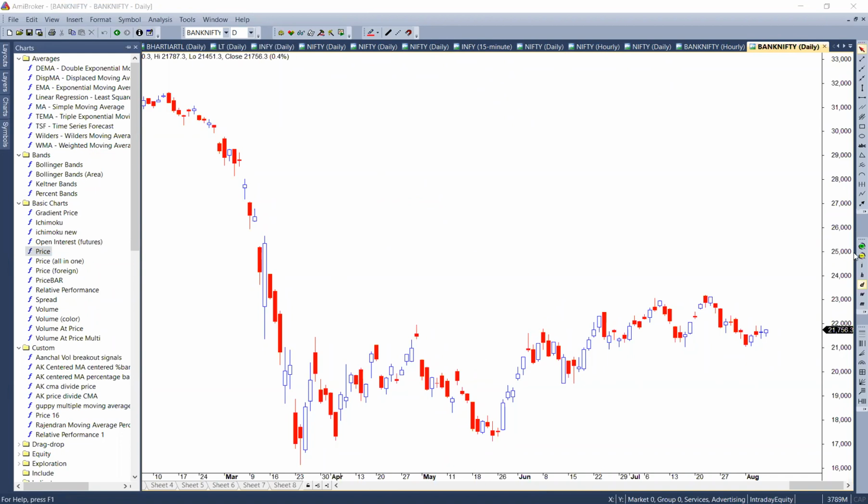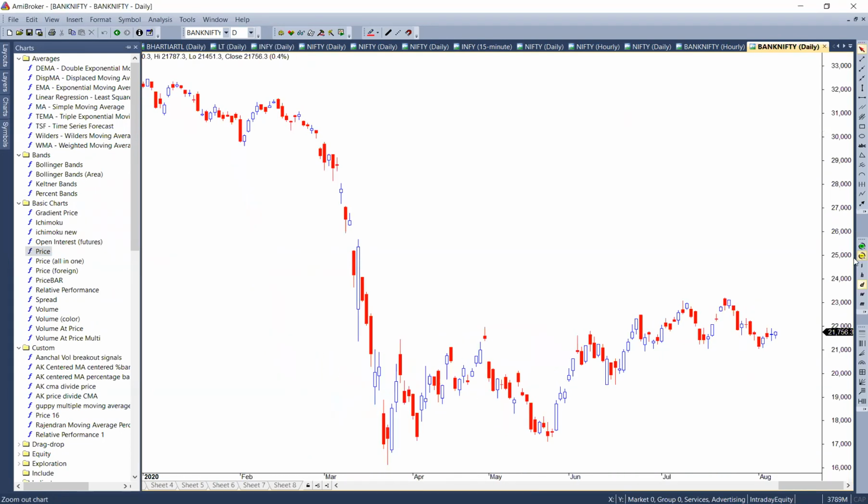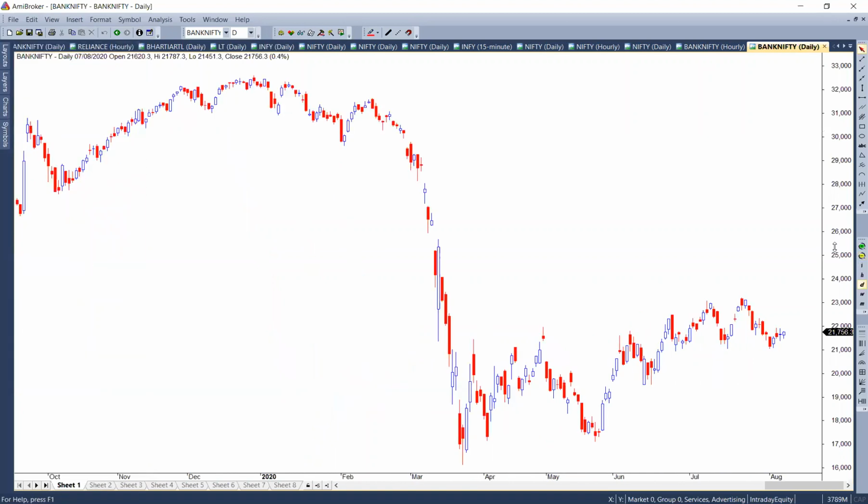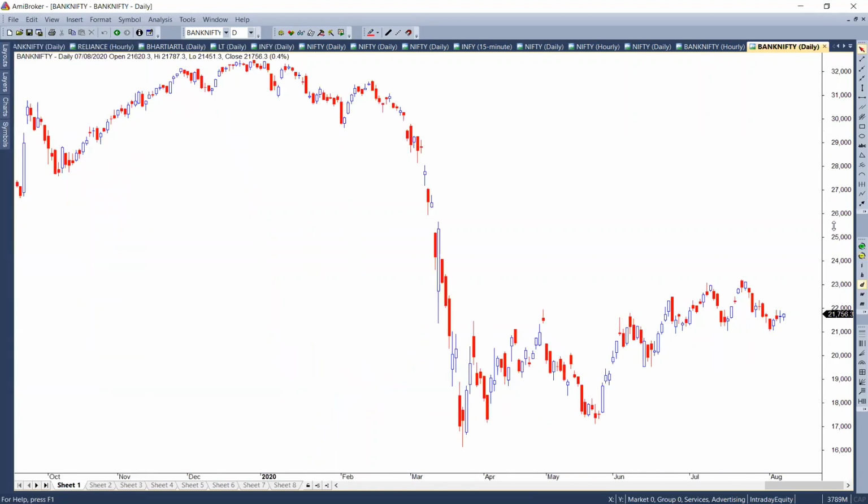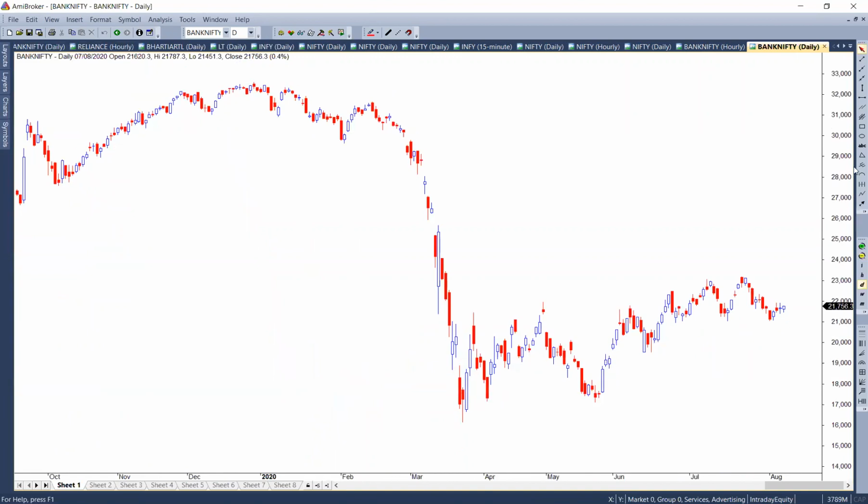Once I have selected the daily time frame, you will be able to see a plot which is like this. First thing that I'm going to do when I see a plot on the chart is to see where was the important low formed on this chart. If I see here, the most important low was formed at this bottom, and the other important top was formed at this high. So this was the highest point on the chart, and this is the lowest point on the chart. As simple as that. No complexity. This is the highest point on the chart here.